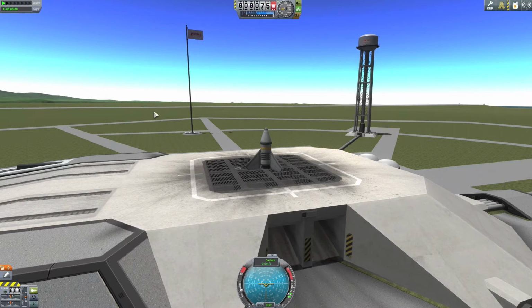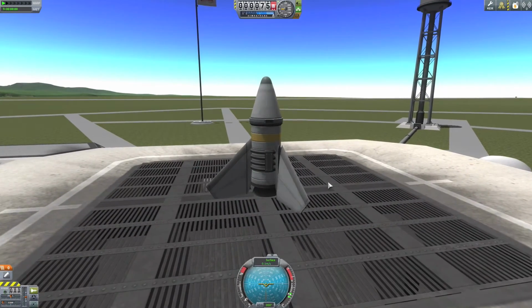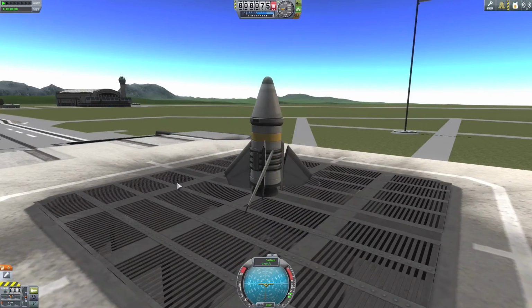So let's go ahead and hit space to go. And on solid fuel rockets, you can't control the throttle down here. So you can have it on 0 and it's still set to max, so it doesn't matter. And shift will take your throttle up, control down. And then you have the A key, which if you watch, the A key will move